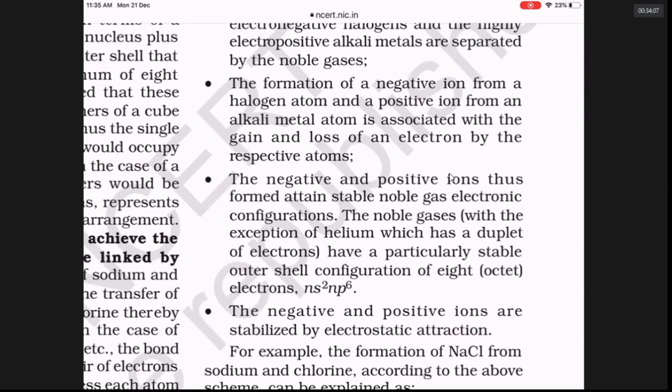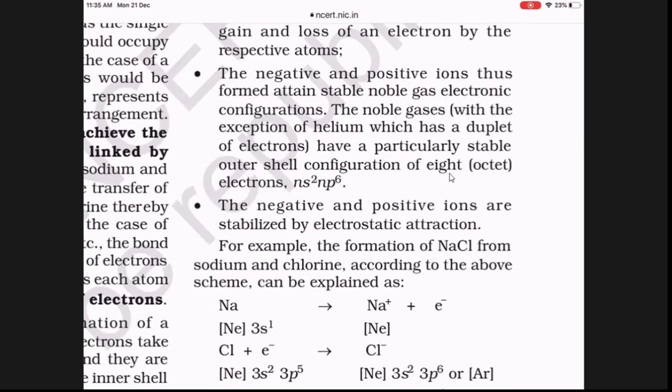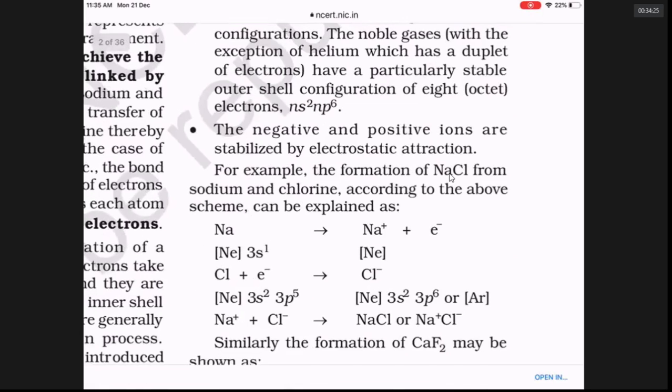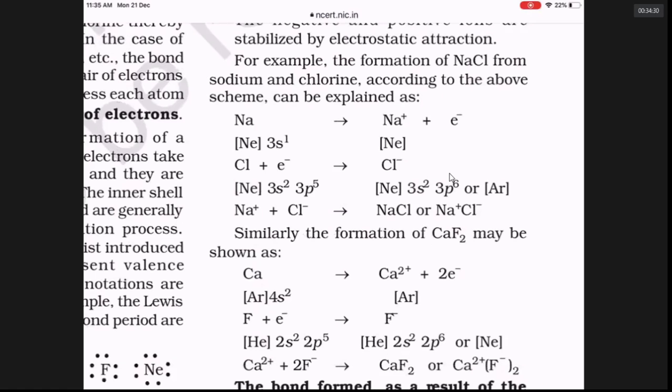Once they make positive and negative ions, not only do they get an octet of electrons, they also start attracting each other. For example, when Na loses 1 electron to Cl, Na becomes the Na+ cation and Cl becomes the Cl- anion. Na+ has 8 electrons in the outer level, and Cl- also has 8 electrons in the valence level. They attract electrostatically. The electrostatic attraction between Na+ and Cl- is called an ionic bond or electrovalent bond.